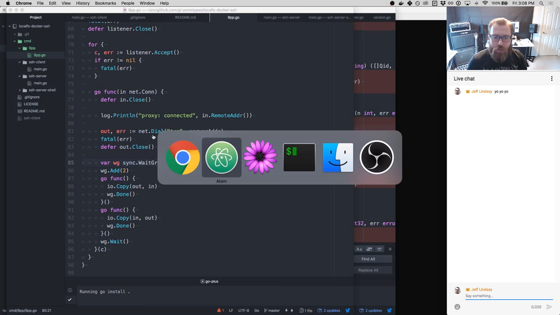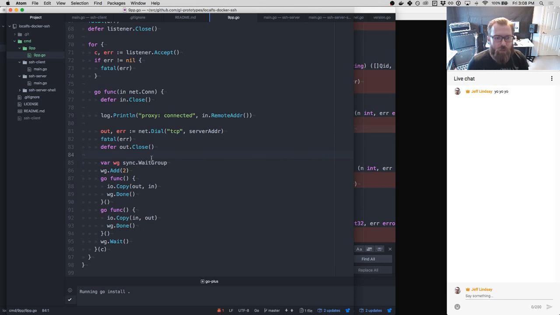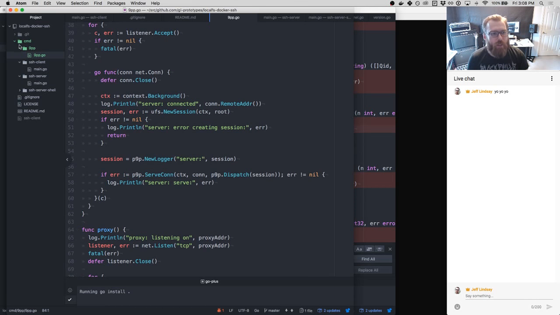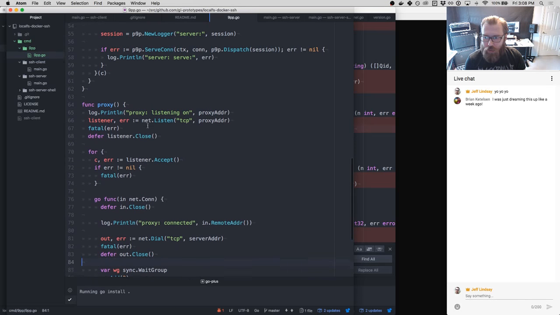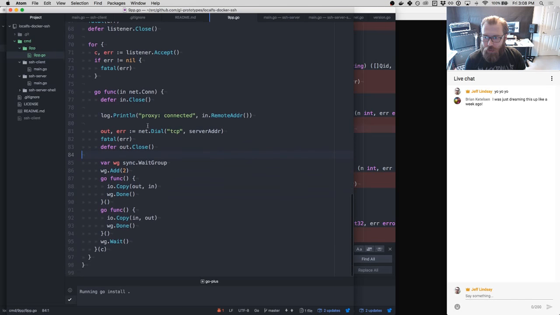So let's get, let me know if chat's working too, by the way. I think everything's still here. Get our 9p proxy, which I think, what were you dreaming of, Brian? Something where you could share files to a container? Also, let me know how the delay is. It's supposed to be on low latency mode, but